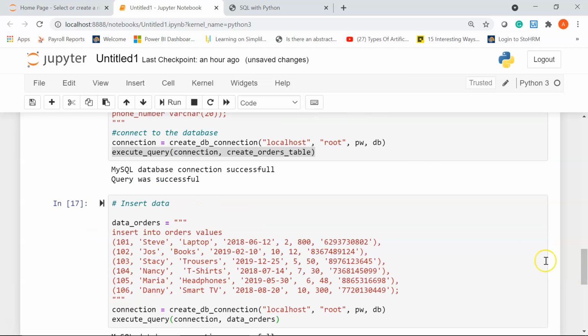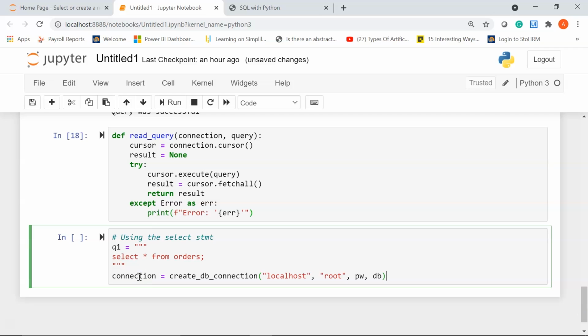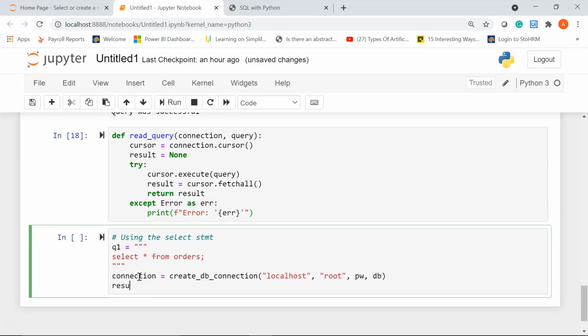Let me go to the top and copy this line, which connects to our database, and paste it here. Now we'll create a variable called results that will store the result of this query, and assign it to our function read query, which will have two parameters, the connection and the variable name, q1 for the query.